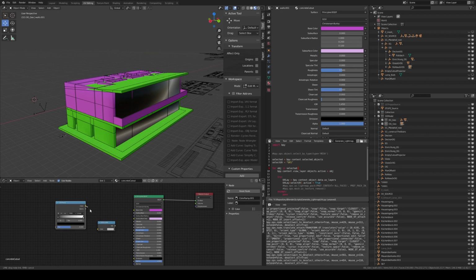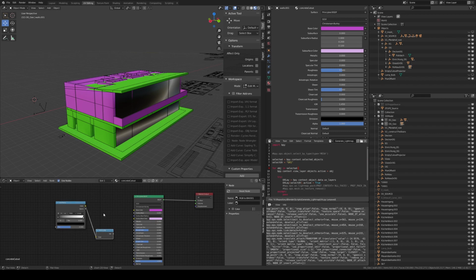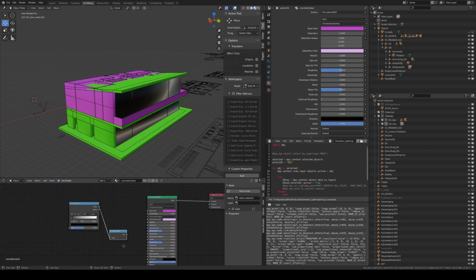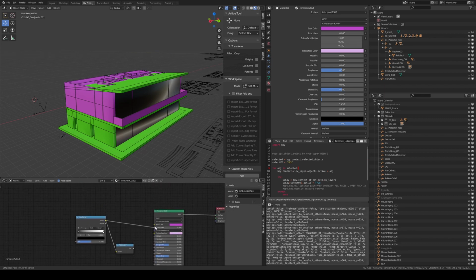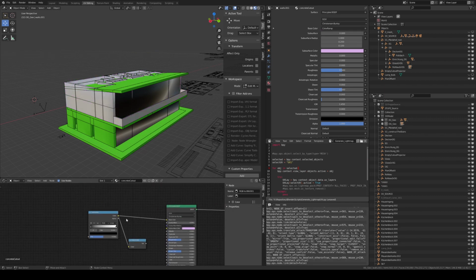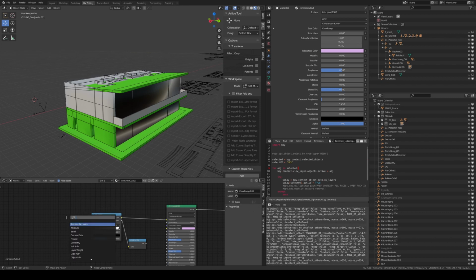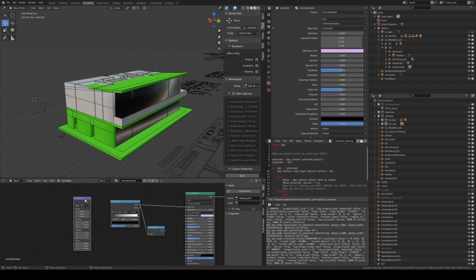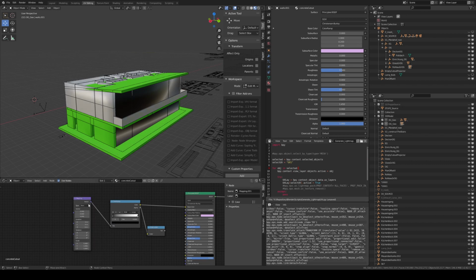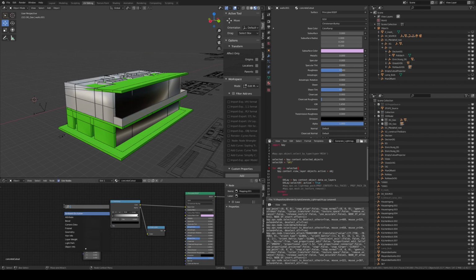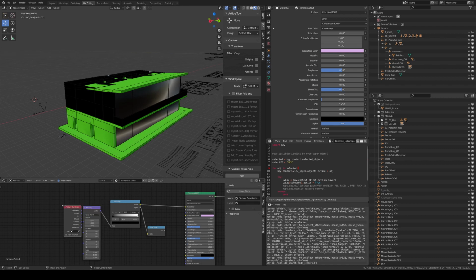Convert the color to luminance or black and white. I need black and white later for the alpha, but for now I want to have that in the color. I need a mapping to transform my generated UVs, and I need a texture coordinate